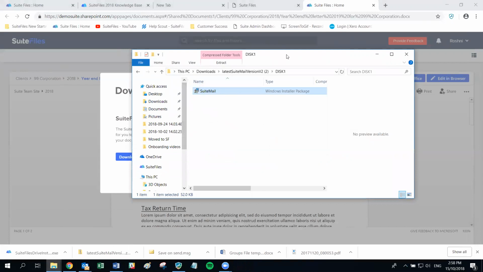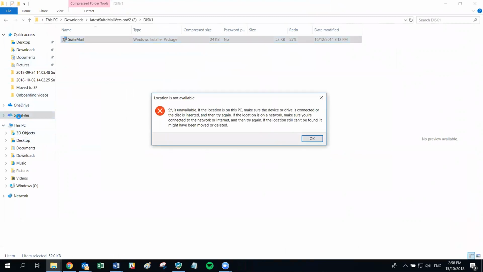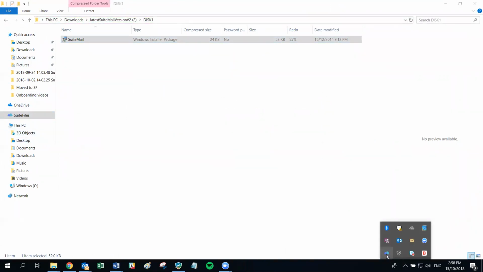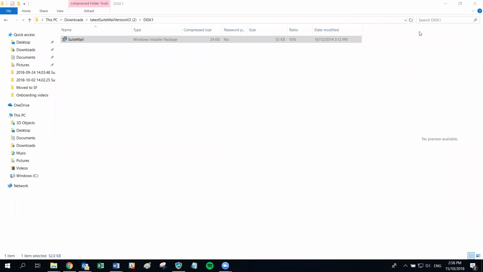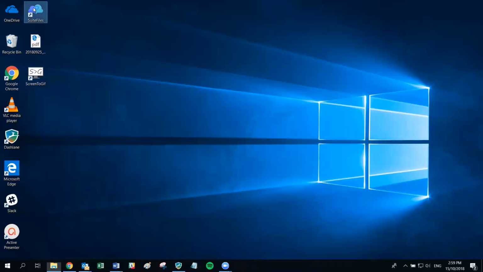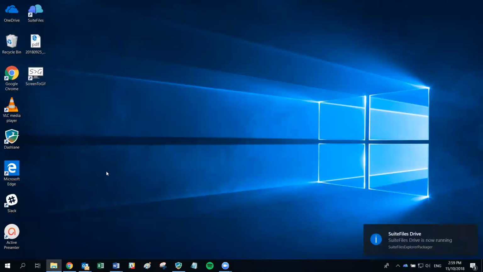if you can't see SuiteFiles in your list of drives in File Explorer, or if you do see something like this, then you might just need to restart the drive. So just right click the SuiteFiles drive icon, click exit, and then you should have a shortcut on your desktop. Just double click that and that should get you up and running. So what you want to see when you open your File Explorer,